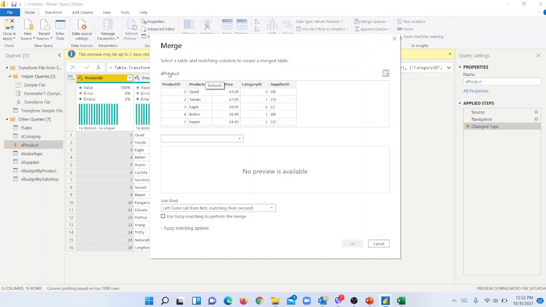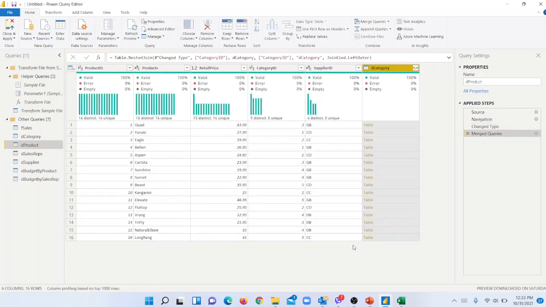So first query is already selected because that's what we have selected, and then the second one is going to be our category, right? So let's click on category. Then it will ask how they are connected. So they are connected by category ID and category ID, so we need to select both the category IDs into this and click OK. So what will happen is it will create a new category here,